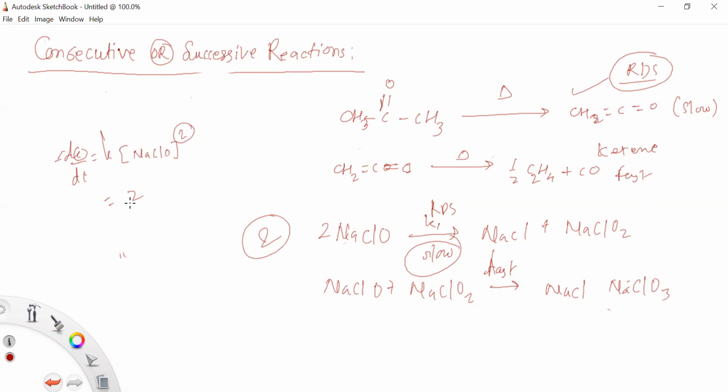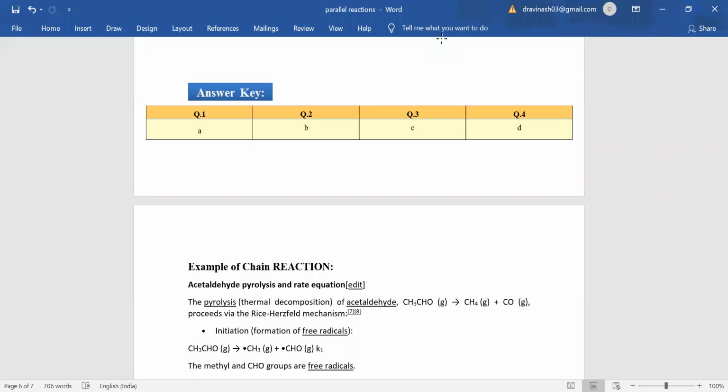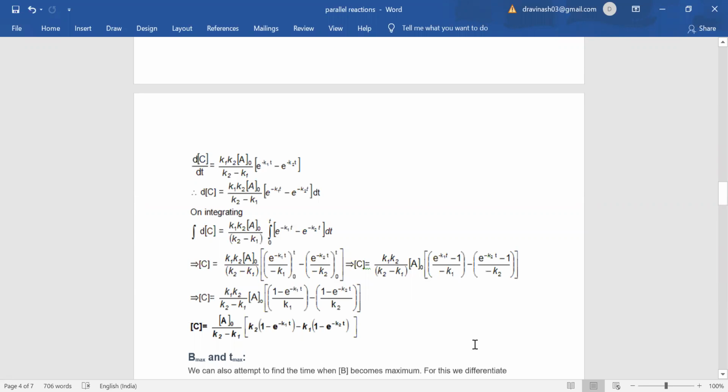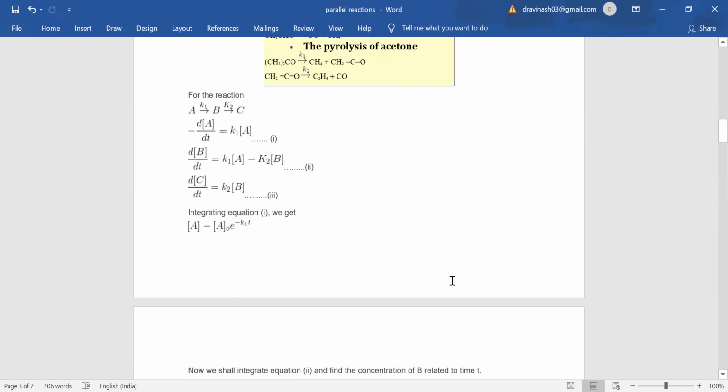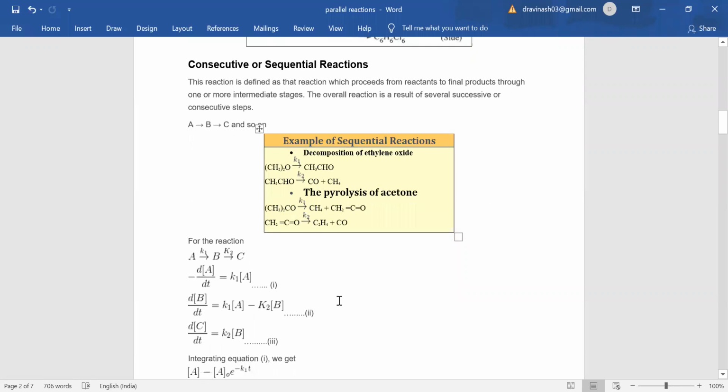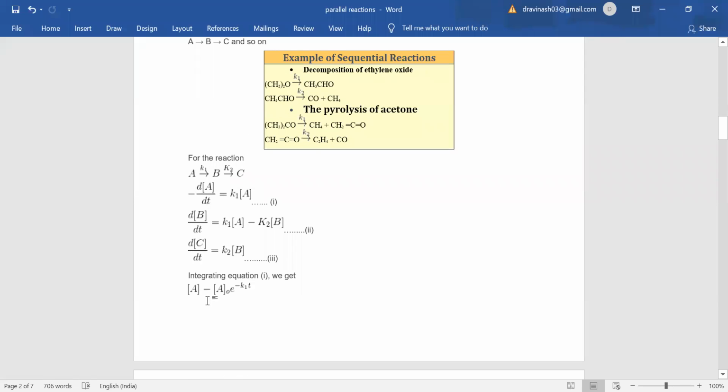Okay. Yesterday we also saw a little bit of the rate equations for this. So all these rate equations, I have just put here. This is the rate equations for your consecutive reactions, or the chain reaction, consecutive reactions or the sequence successive reactions. This is an example of this one, and we find out